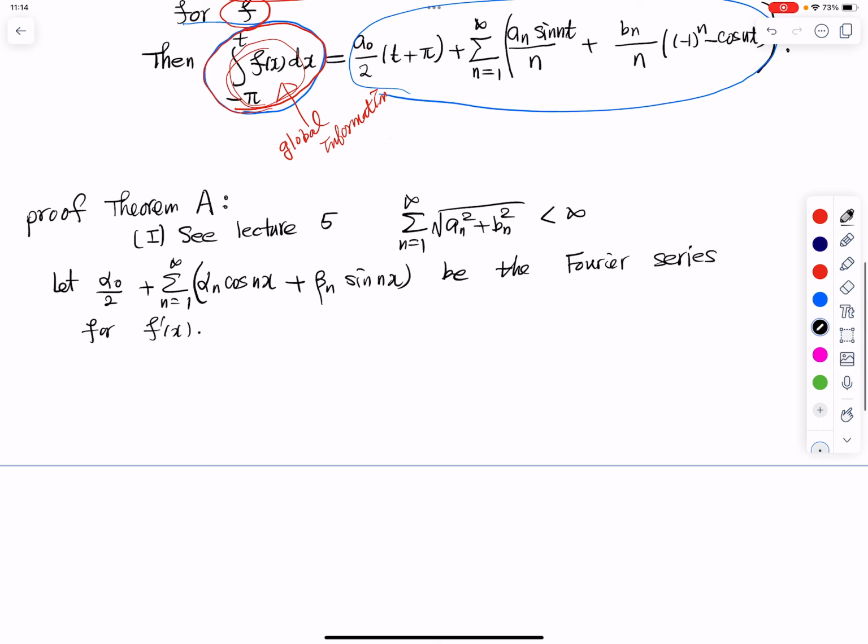Then we have alpha_n, by definition, equals 1 over pi times the integral from minus pi to pi of f prime x cosine nx dx. And then using integration by parts,